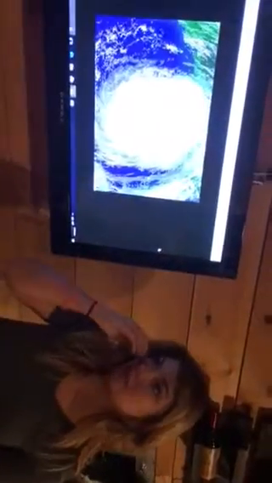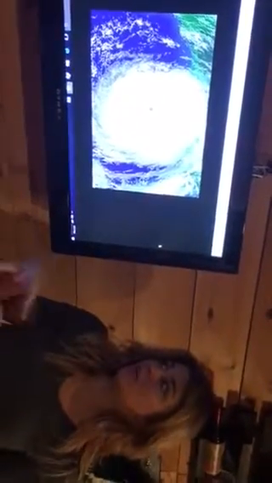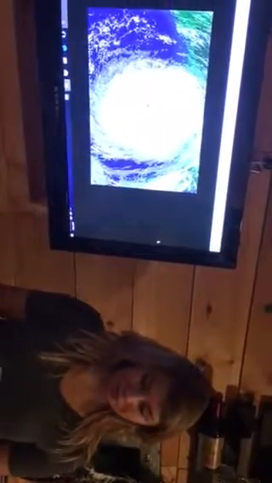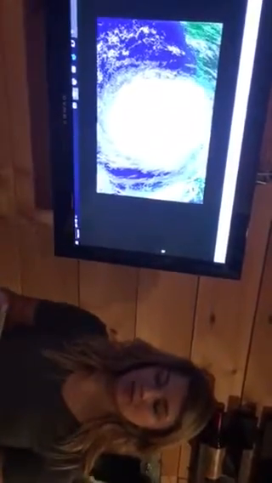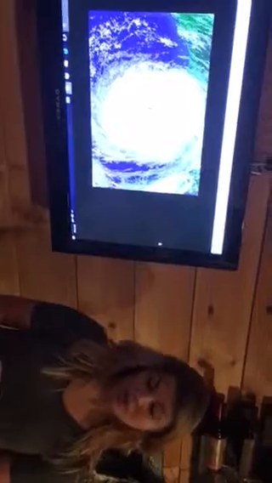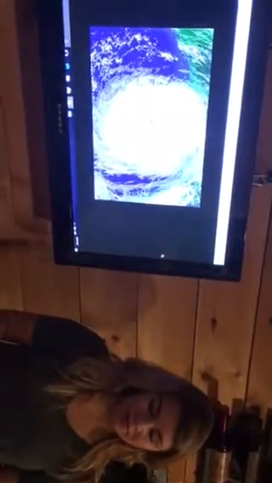So the higher the temperatures become, the stronger the hurricane is going to get, because the high and low pressure is going to make the storm larger, and it's going to make it a lot stronger. Global warming has been caused by the burning of fossil fuels and cutting down of trees, just to name a few. Hurricanes can be extremely dangerous and life-threatening.